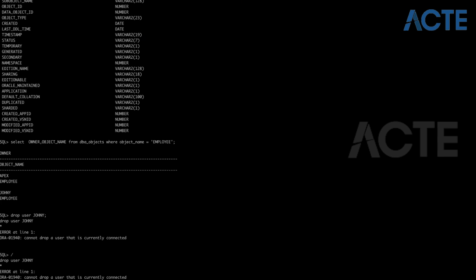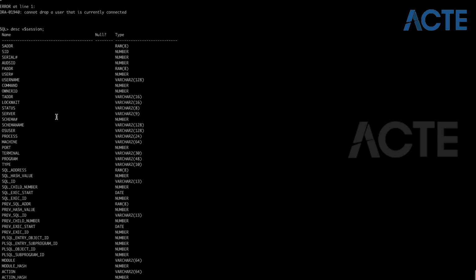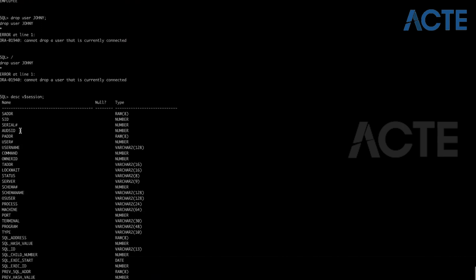So this is a view where you can find all the sessions which are connected and running in the Oracle database: select star from v$session. Now I have to find which session is connected to this schema. I can get every detail, the SID, program name, machine name, host name, all the information. SID, serial number from v$session,